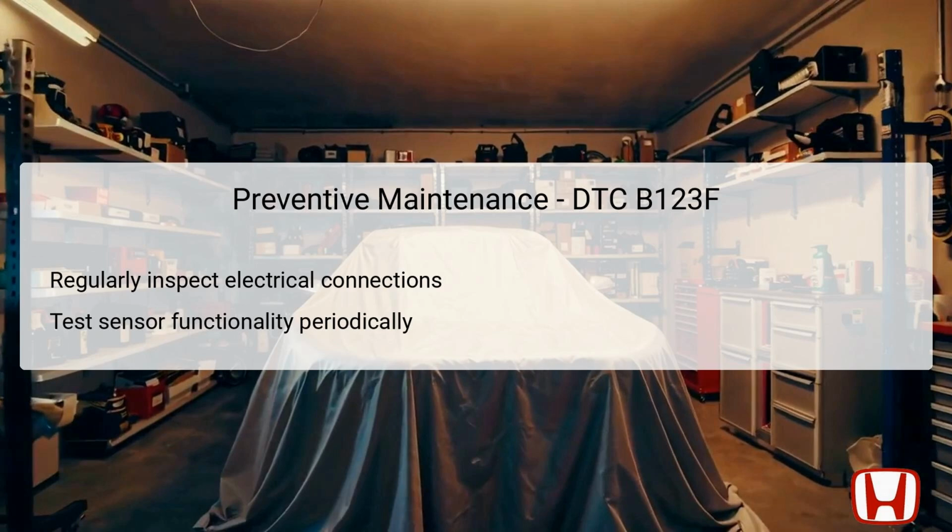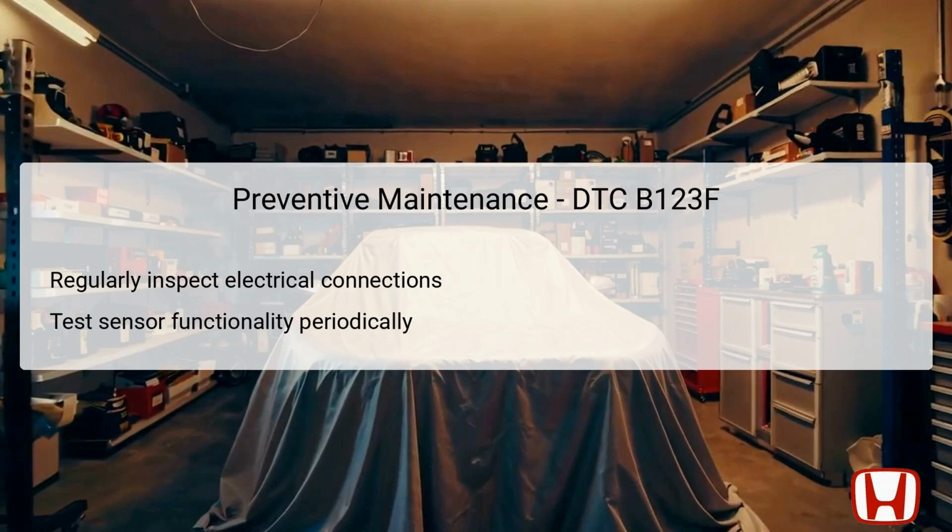Periodically testing the functionality of the sunlight sensor and climate control unit can help catch potential issues before they lead to system malfunctions. Ensuring that software updates are applied via the HDS can also prevent communication errors from causing trouble codes like DTC B123F to appear. Staying vigilant in maintenance will extend the lifespan of the components involved and ensure the automatic lighting system operates reliably